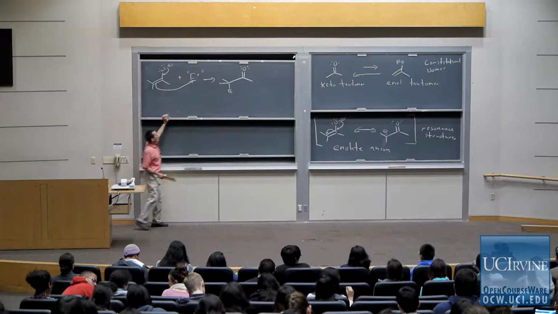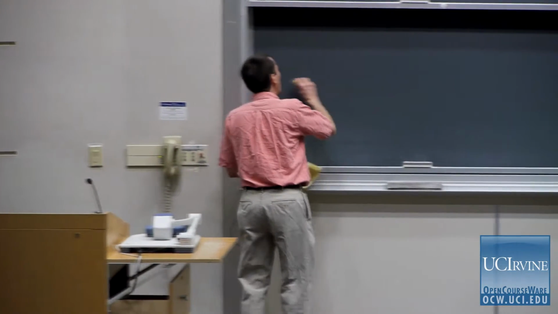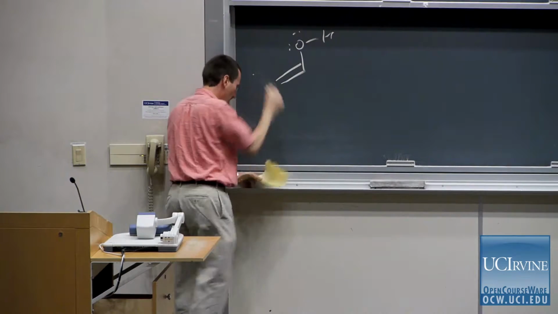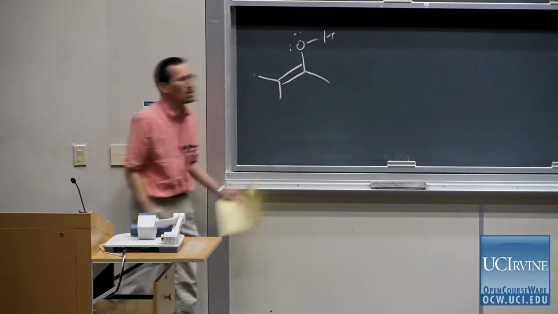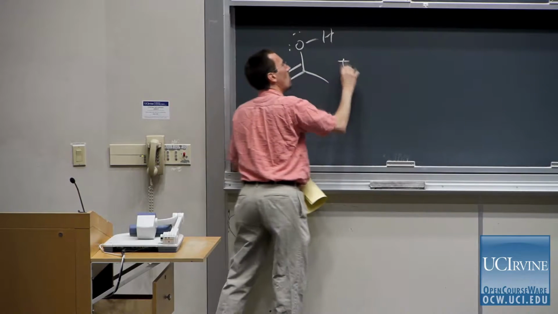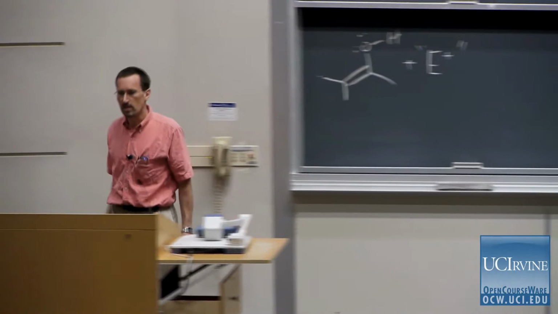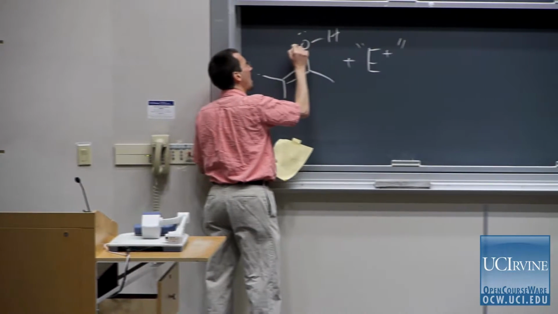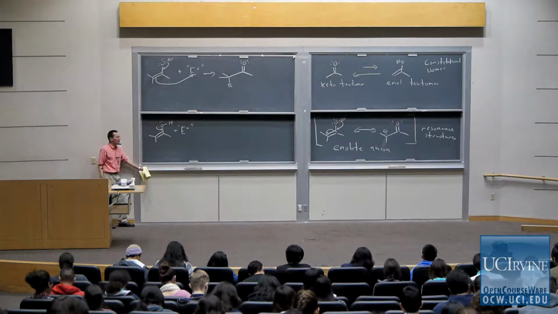Okay, so that constitutes the reactivity of enolates, and I just want to take a moment before I take questions to talk about the reactivity of enols, again, overviewed in this very, very generic fashion. So in the case of an enol, this minor species that's present in equilibria with ketones and aldehydes, and to a lesser extent with other carbonyl compounds, we can imagine here's our enol, and again, I'll have my generic electrophile, E+,